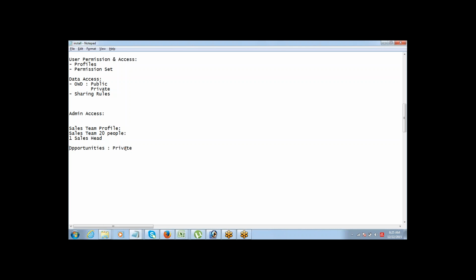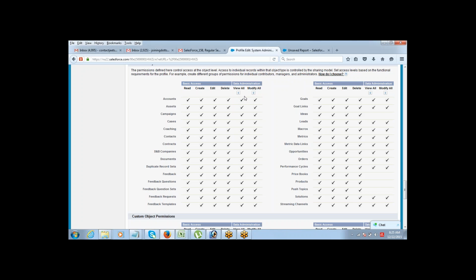I still feel that you guys need to think correctly on the scenarios. Correct? It's a matter of 20 people having the same profile. One person needs a permission which other 19 do not need. As simple as that. What has that got to do with OWD? Forget about OWD. This person needs a permission, and the other 19 should not have that. An exception on the profile.